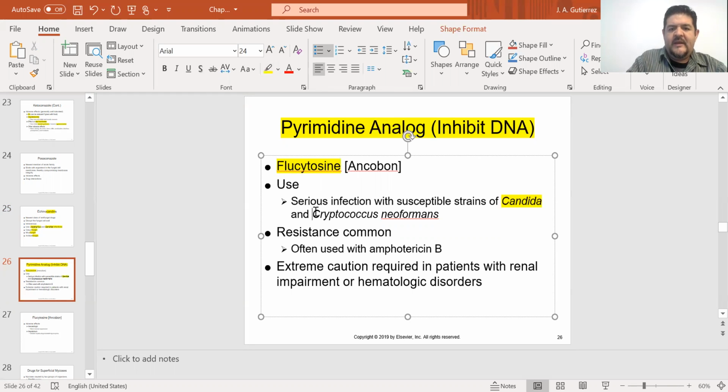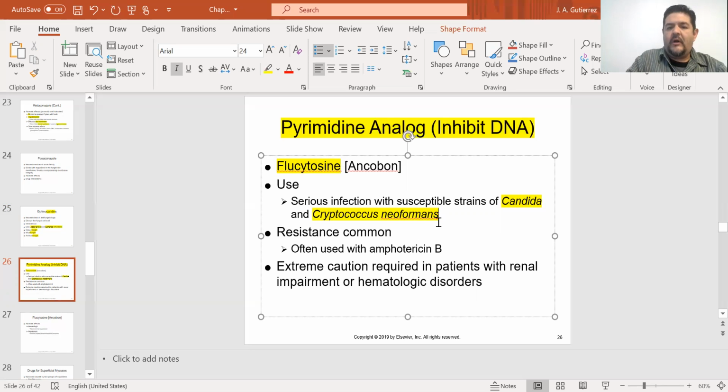Candida followed by Cryptococcus neoformans. So this is the first time that we mentioned this one here. Usually it's Candida and aspergillosis. But in this one, we're adding Cryptococcus neoformans. And same thing,